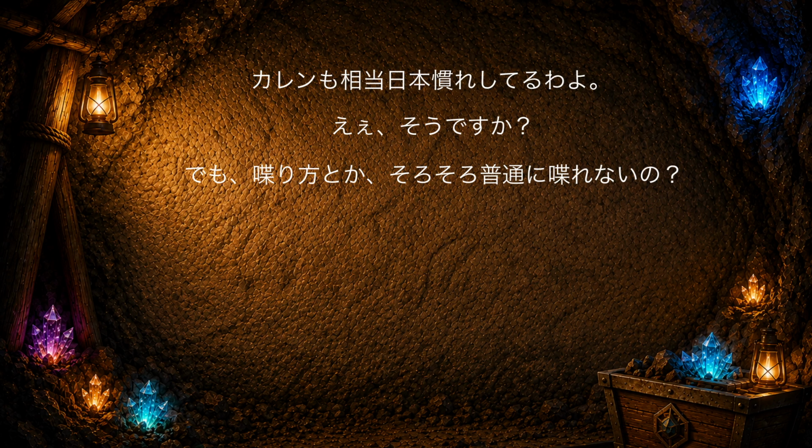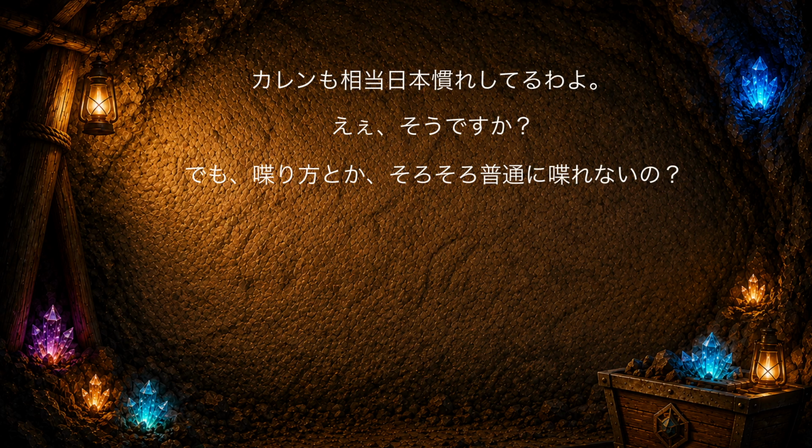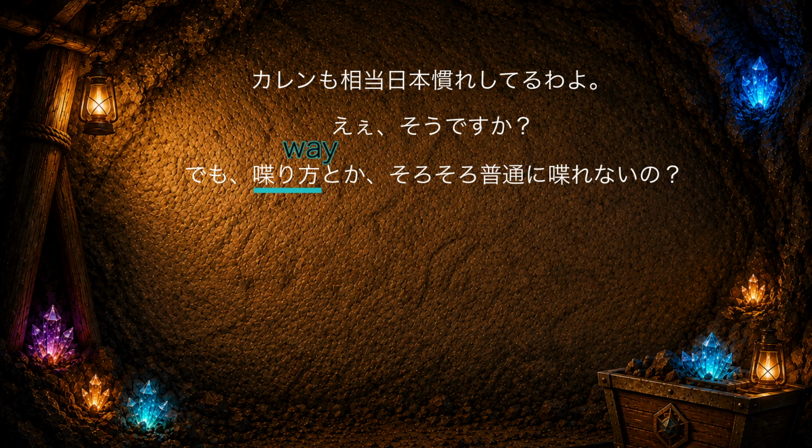Karen then says, "Really? Is that so?" She seems to have doubts, which she expresses when she says, そうですか "But speaking..." Any guesses? Perhaps her way of speaking? Her ability to speak Japanese?